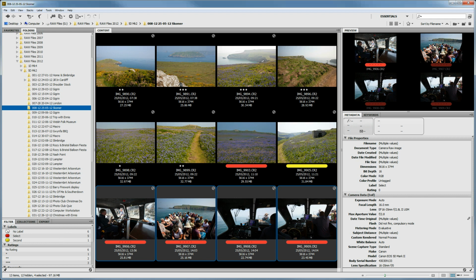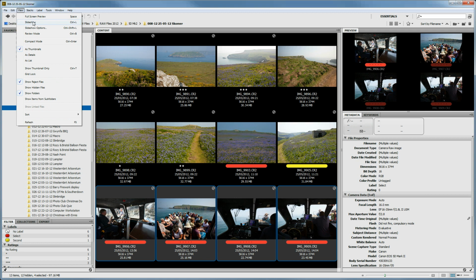Another really good way of applying these labels is to go to View and Slideshow. I can't actually show this here because my screen grab software won't allow me to do this. But by going to Screen, Slideshow, you can see the images full screen on your monitor, and all you have to do then is press, without pressing the Control key, any of the numerical keypad numbers, and you'll get the star ratings or color ratings applied. Okay, so